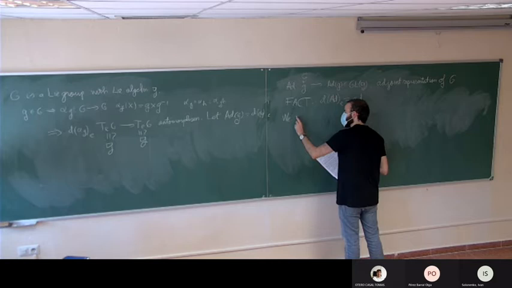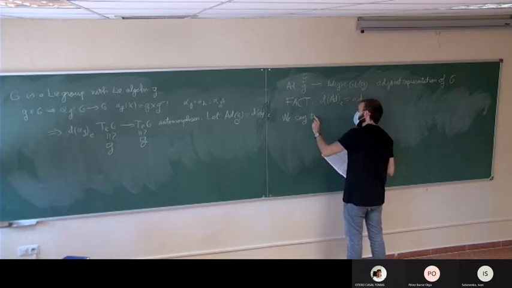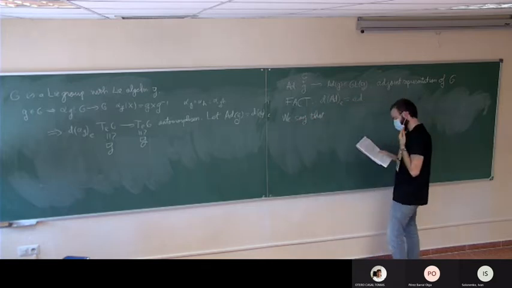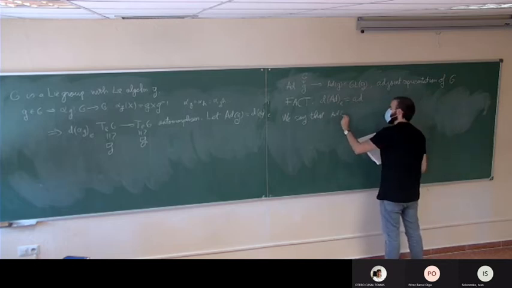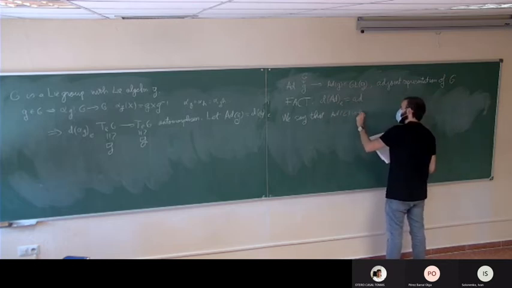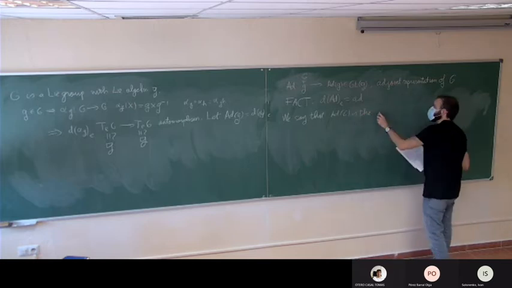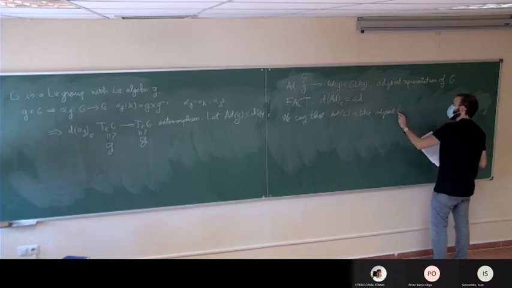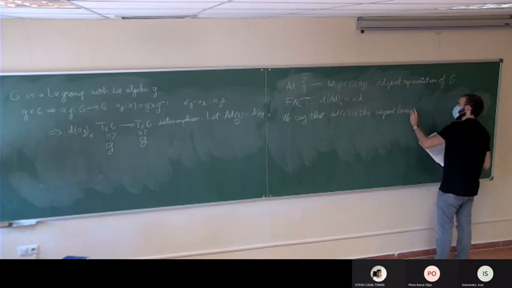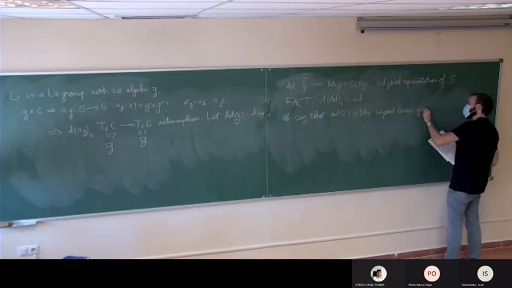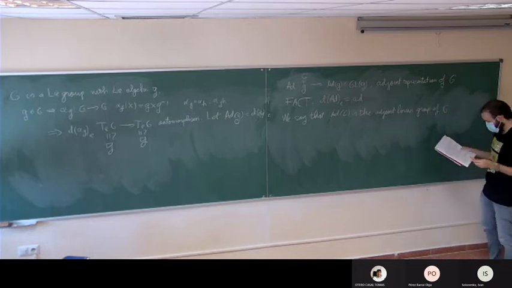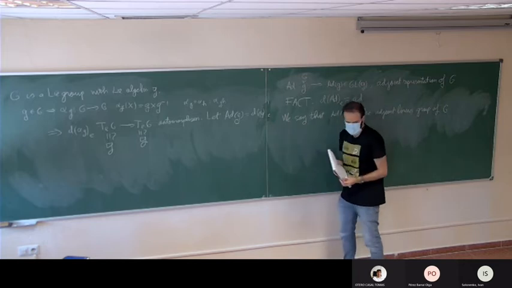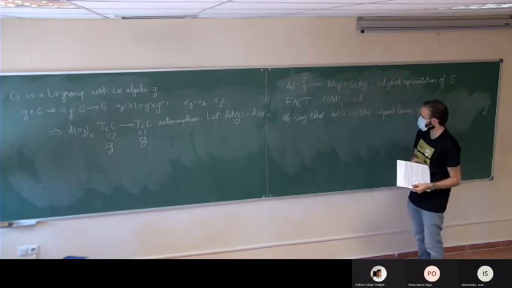The same as that, and ad G is the adjoint linear group of G. Okay? And also recall that